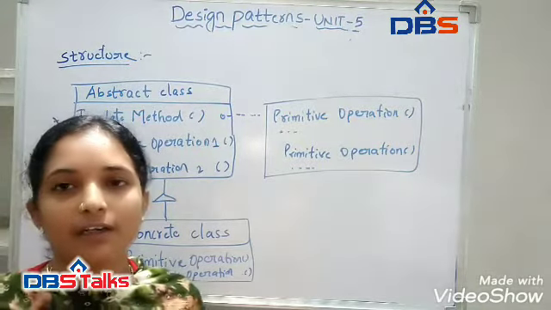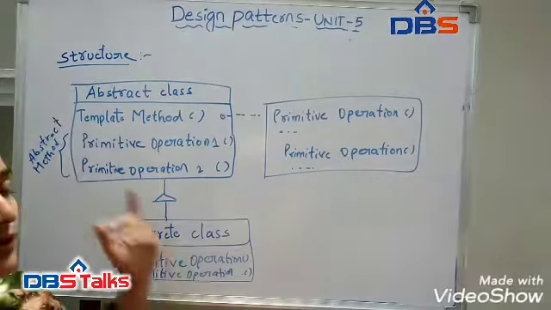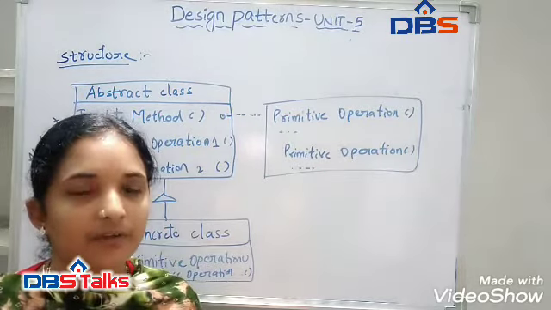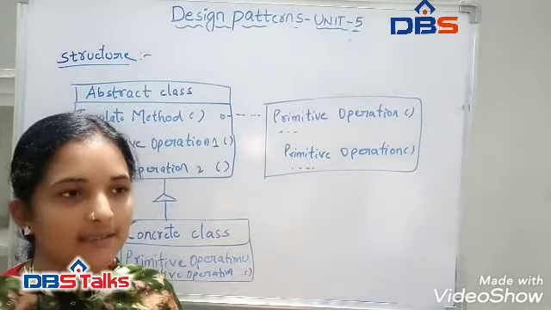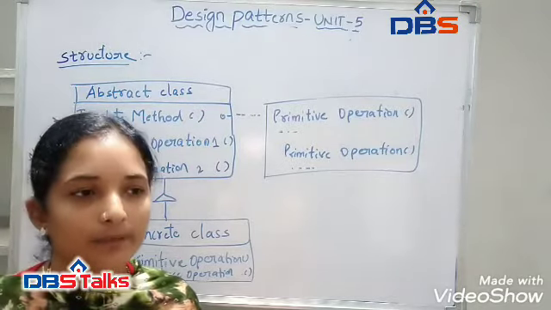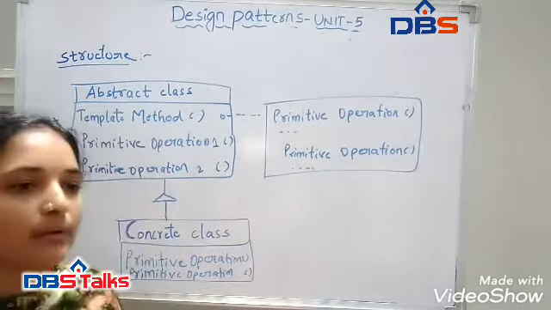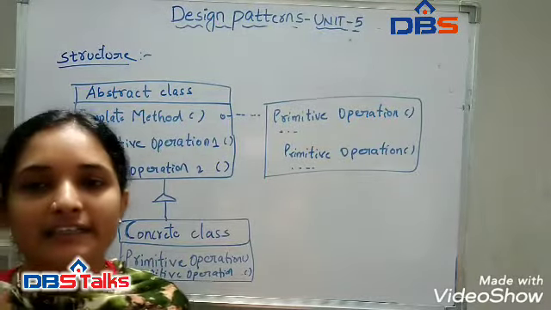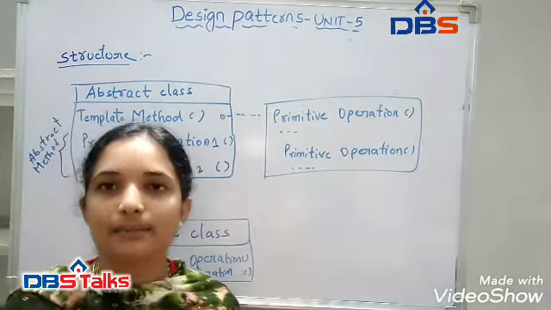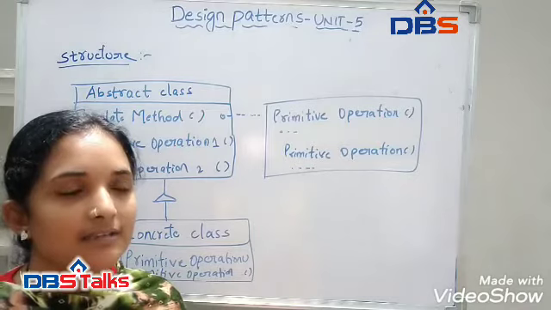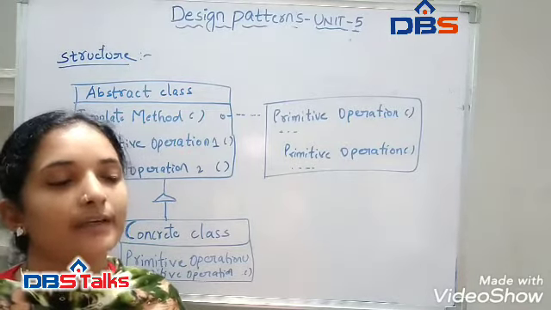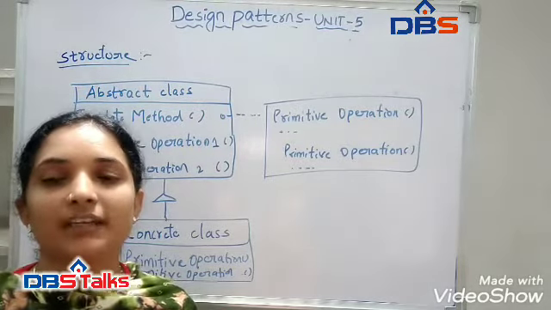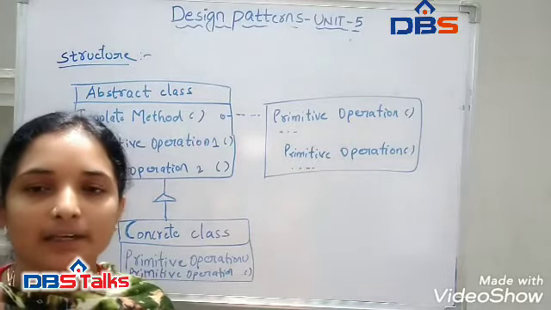In this we have the different participants. The first participant is the abstract class. The abstract class is the application. In the previous class we said that in the application framework we have the application, that is the abstract class. It defines the abstract primitive operations that concrete subclasses define to implement steps of the algorithm. Next participant is the concrete class. Concrete class is my application, which implements the primitive operations to carry out the subclass-specific steps of the algorithm. These are the participants we have.